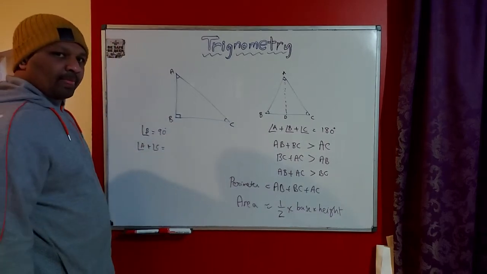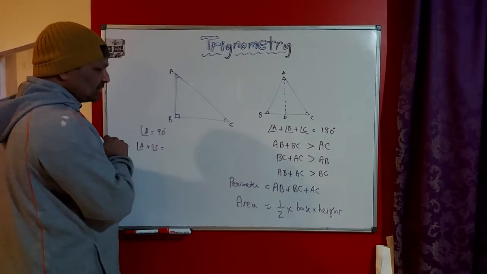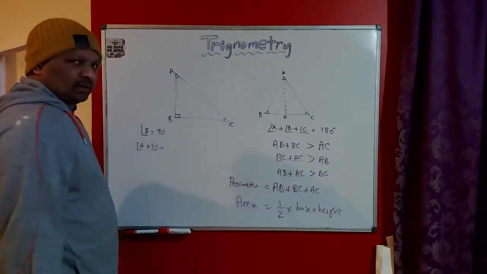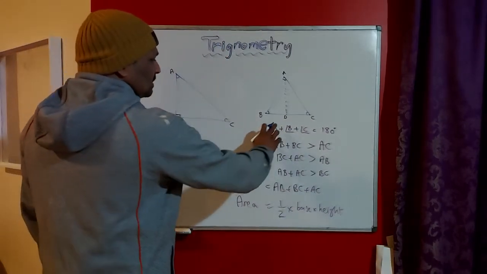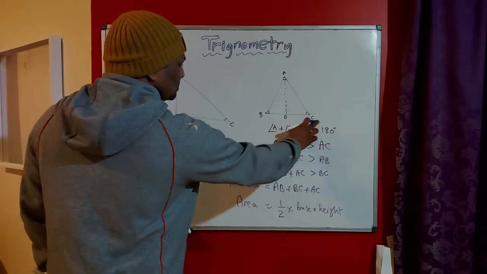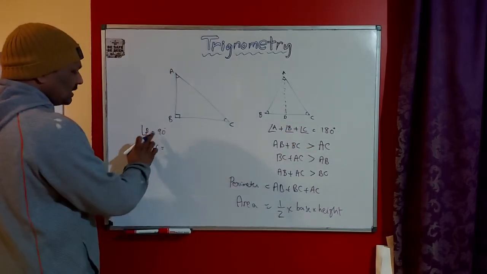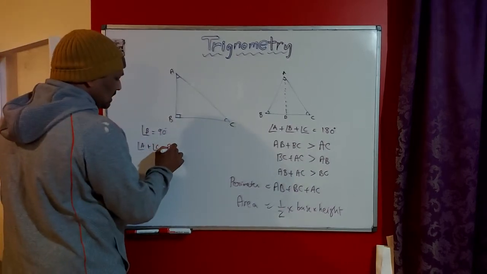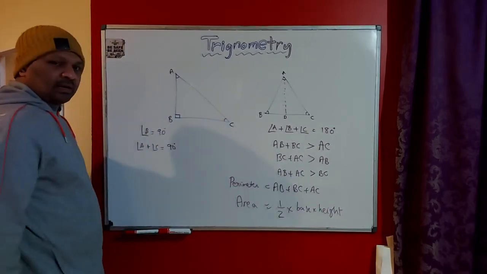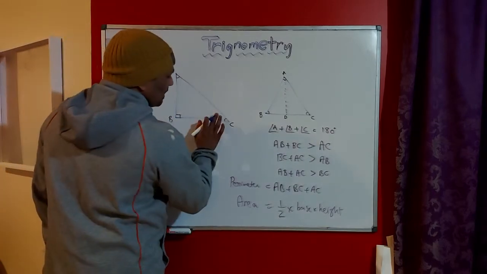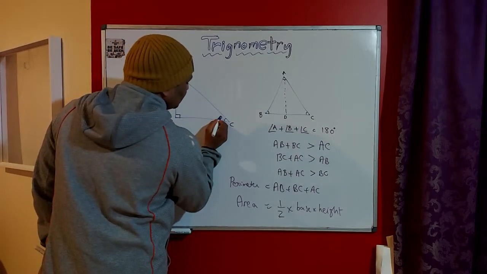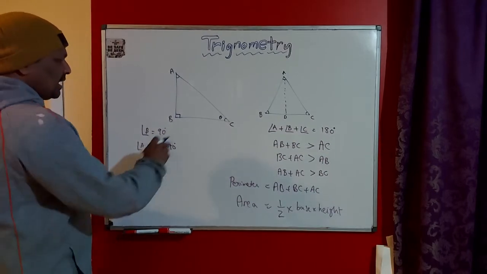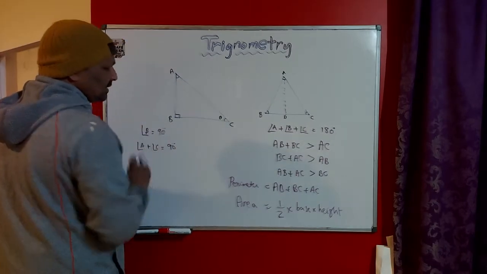Angle A plus angle C should be 90 degrees, because you apply this rule here, this property here. Sum of three angles should be equal to 180 degrees. One of the angles is already 90 degrees. The sum of other two should be 90 degrees. Okay. Assuming this is some angle, say that angle is theta. We don't know what that angle is. Okay. Assuming angle C is theta.